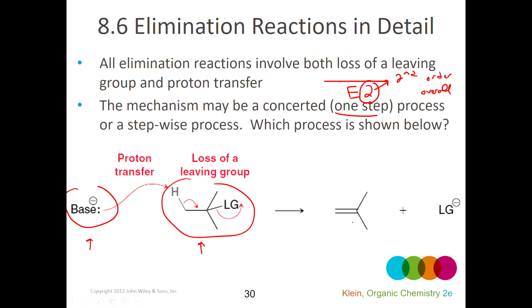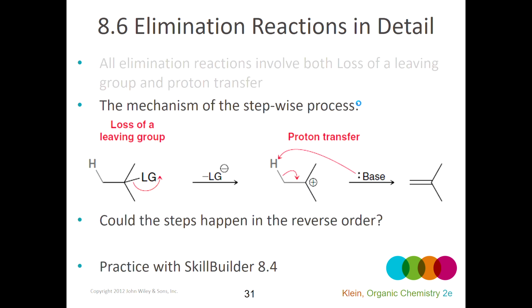So the rate depends on the rate constant, of course, but also the molarity of the base, as well as the molarity of the substrate, which is this structure here. Right? So if I had more of either one of them, they're going to start colliding more, and the rate of product production will increase. And so since they're both first order, second order overall, that's why it's called an E2. Right? So that's pretty similar to what we said in terms of an E1 or SN2. In the other mechanism, which is an E1,